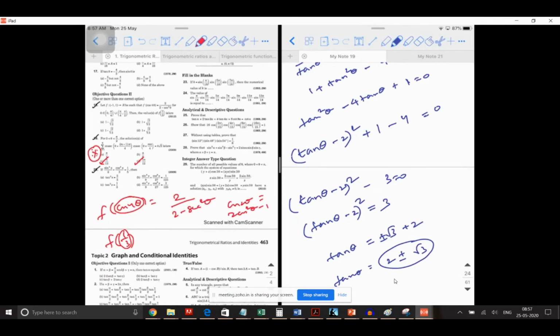But I hope the concept is clear. You understood how to think when you have this kind of problem. It's not like you're exactly going to get the same problem, but if you get a similar problem, you should be able to handle it. Are you guys confident with it?